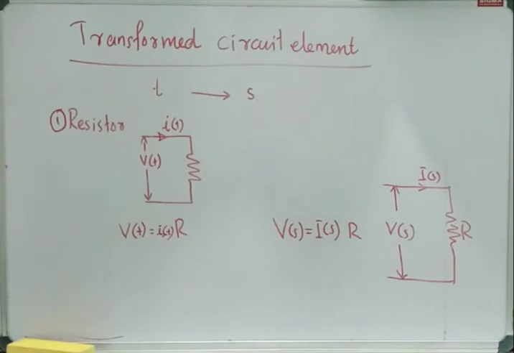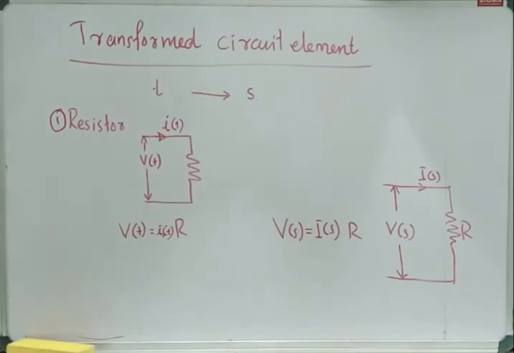But when we are transforming the given network directly into the S domain, there is no need of writing a differential equation. Instead, we can directly write the equation related to the network in the S domain. So, it is more convenient to transform the electrical network into an S domain network to analyze its transient behavior in the easiest way. So, to transform the given network into an S domain network, first of all, let's see how to transform different circuit elements from the time domain into the S domain.